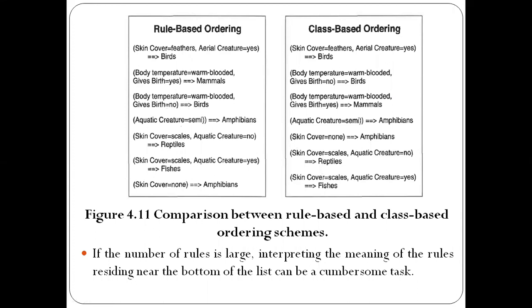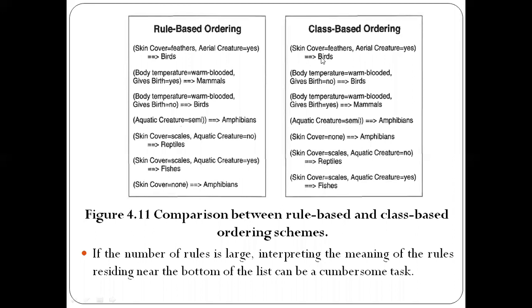And one more thing is, it is not necessary that you need to rearrange the rules that have the same class label. They can appear in any order. So this birds rule, which has these features, can appear here, and this one can appear in second place, or this second one can appear in the first place. So they can appear in any order here. There is no relative ordering among the rules that have the same class label.